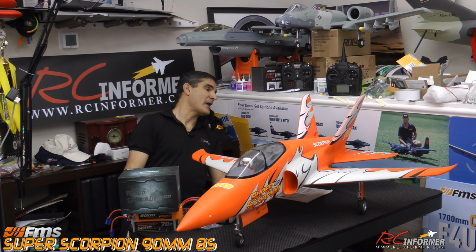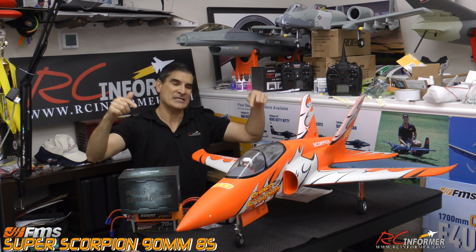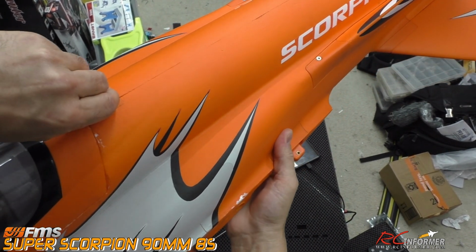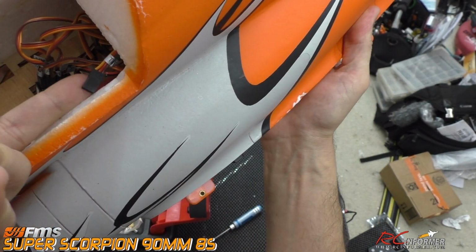So anyway, without further delay, let's get everything out of the box. Let's get the wings off this thing first, and we'll get the 8S fan installed, and here we go. With the wings off the airplane, it's much easier to maneuver this and get the job done here. One thing you do want to do is get your canopy off, and immediately, right away, just remove your